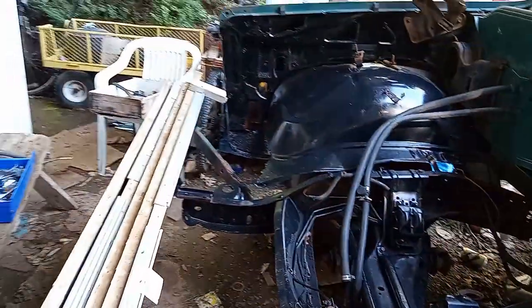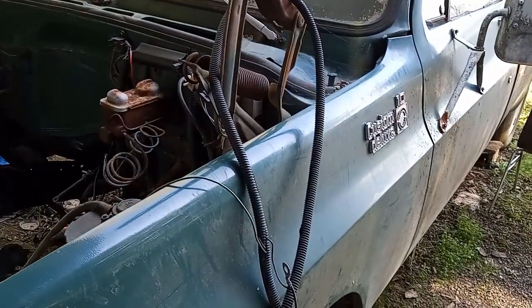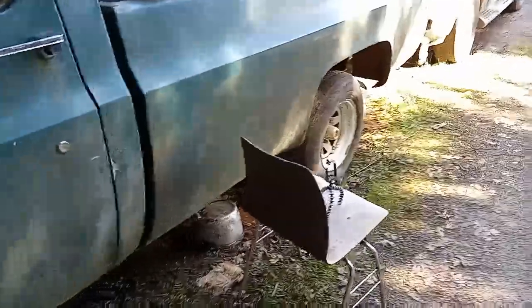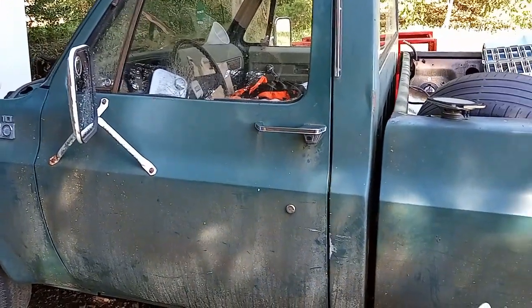Got all the front stuff off there. Engine is over there under the tarp. I just got to finish putting the head back together, and then we're getting this engine in here pretty quick. Now that the weather's starting to warm up, where paint can dry. So I gotta